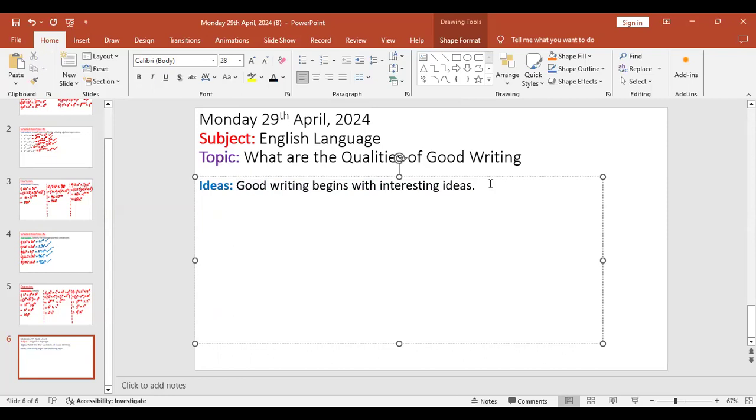So in order for you to have a good writing piece, you need to ensure that your ideas and the information that you present are relevant to the topic, and make sure that they're unique, make sure that they're interesting. Go ahead, Casey, you wanted to say something. Make sure that your ideas are profound. Yes, I was asking you what are the qualities of good writing, but do not worry about that because we already passed that. So good writing begins with interesting ideas. Write this down for me.